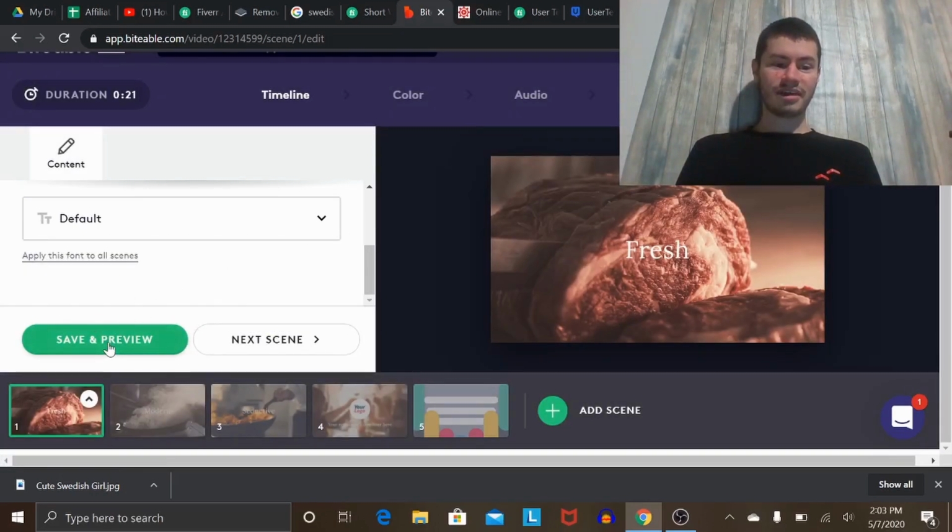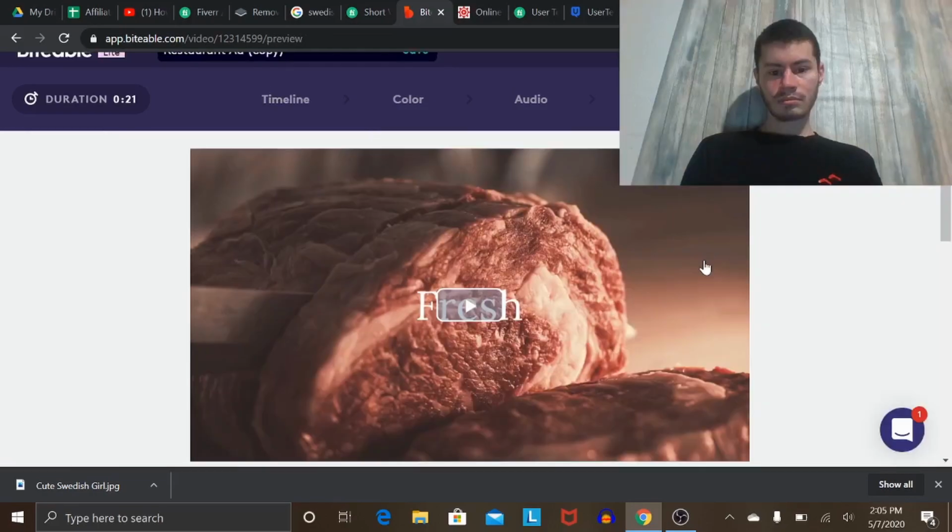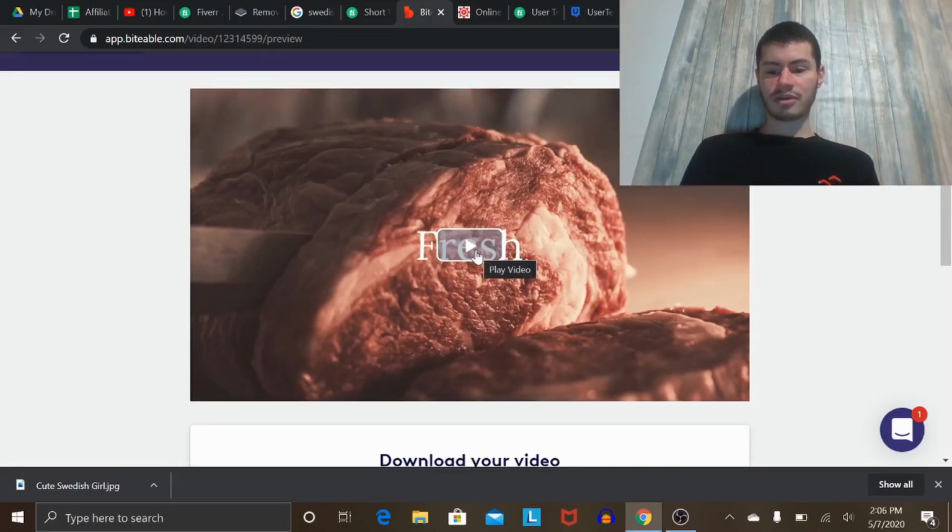Anyways, I want to check out what this would look like. Of course, how this would work is you would insert your own text that the customer would want. So the word fresh right here, you could edit that and include your own words. I'm going to keep everything default. I'm not really going to take the time to edit anything, but I want to click on save and preview and see exactly what this video would look like. All right, let's see how this video looks. If I click on the play button right here,